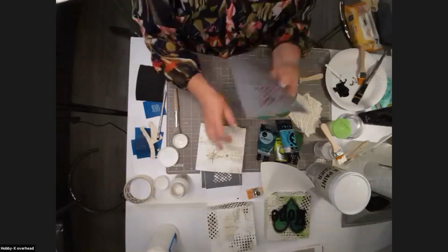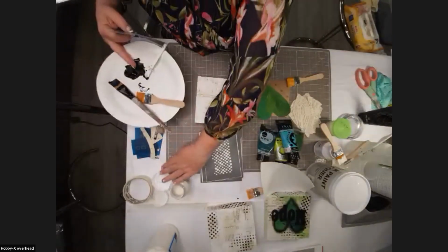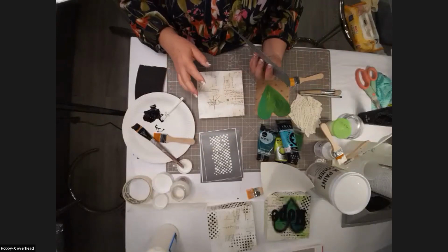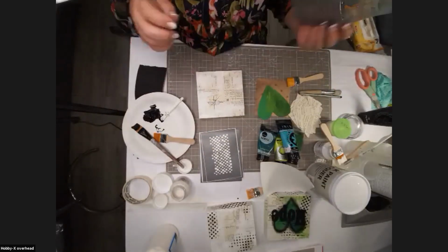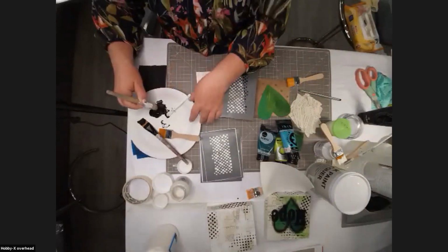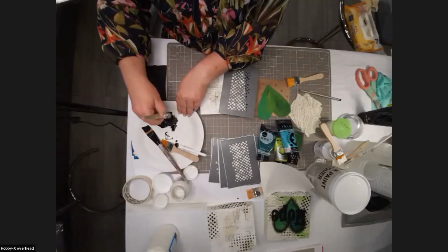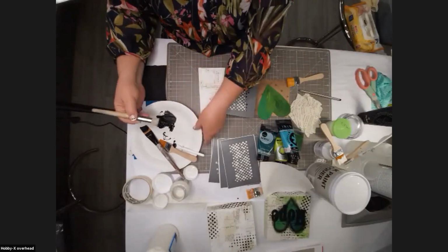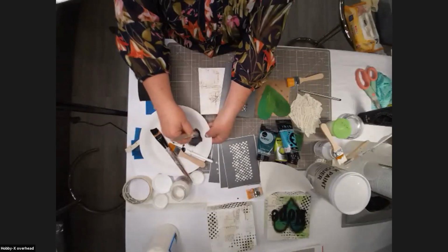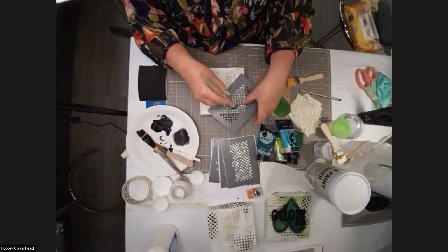I'm going to do it with all 3 stencils, but let's start stenciling, and I want to do it in black paint. So I'm going to move my black paint into view. The background, I like these dots, they're beautiful, and what I do is I pick up some paint on my brush. I want to show you the technique of stenciling. I've got the acrylic paint, and I'm picking up some of it on a brush. And can you see there's not a lot of paint there? And then I'm also going to dry it. You see, I'm taking off 90% of the paint,